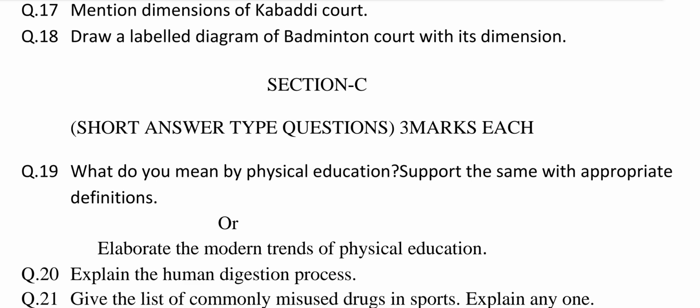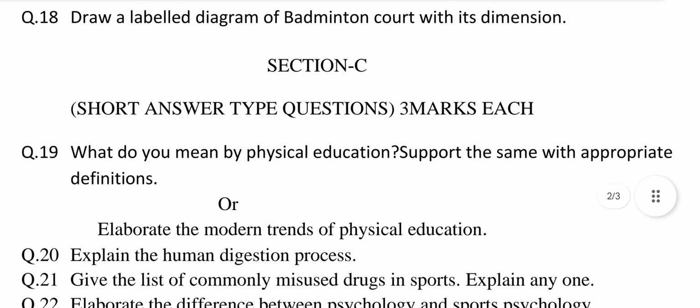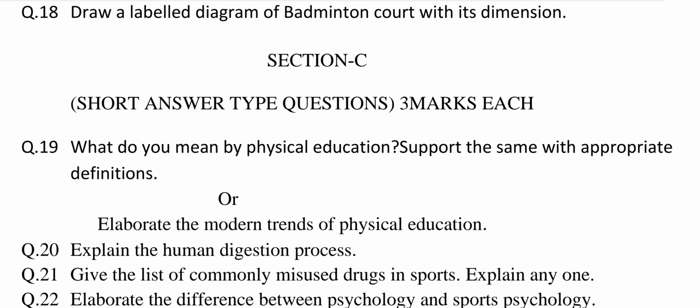Question number 18. Draw a level diagram of badminton court with its dimension. This question is selected from chapter number 6, Concept of Major Games and Sports. The answer may be, first of all, draw a neat and clean diagram of badminton court with the help of pencil, scale, divider, etc. Then write its measurements such as length and breadth of badminton court for double game,